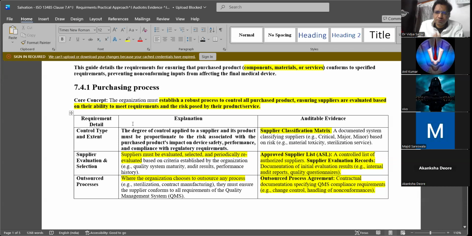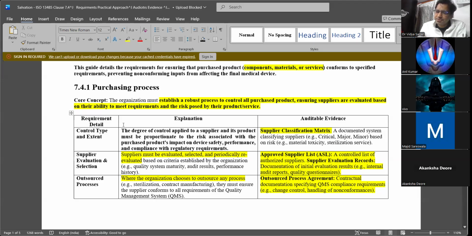Before going to verification of the material, ISO has also provided some guidance on how you should go about dealing with suppliers or vendors. It's not like you directly jump to the supplier and say, okay, this is my specification, we'll sign it, I need it for the next 1 year, this is the amount, this is the quantity, we'll sign it.